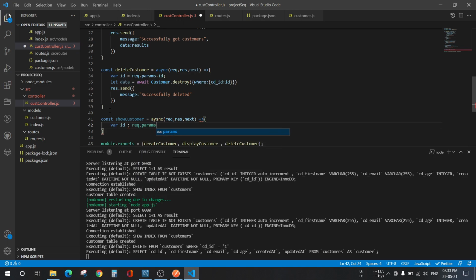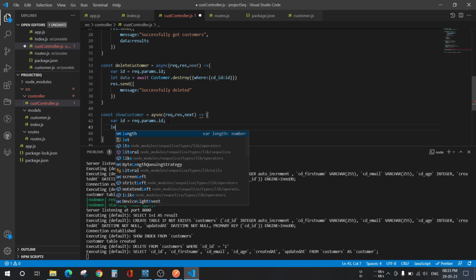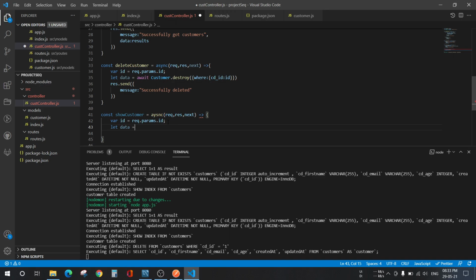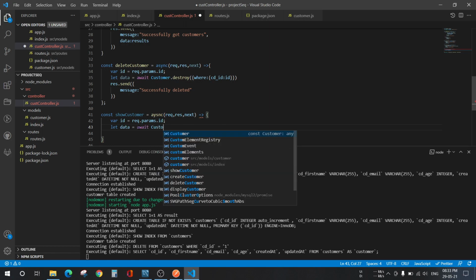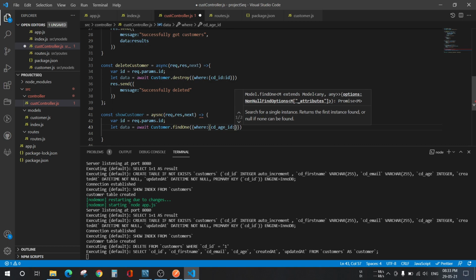So request.params.id and let data equals to await customer dot find one, where cd underscore id is id.